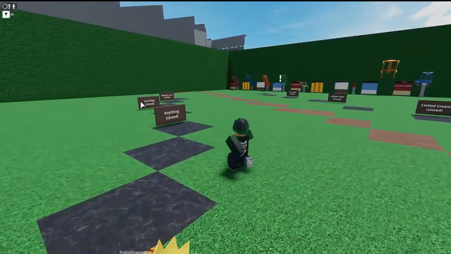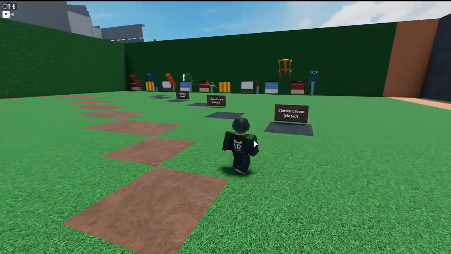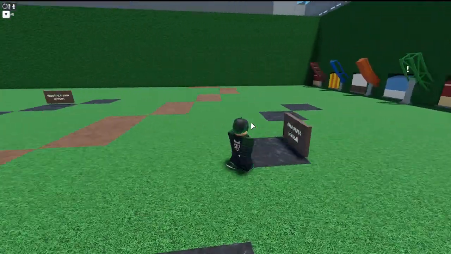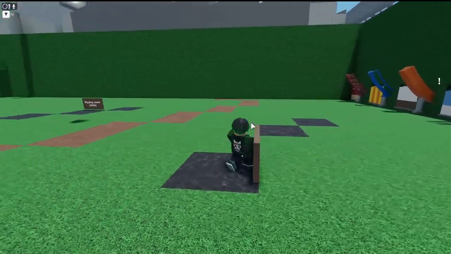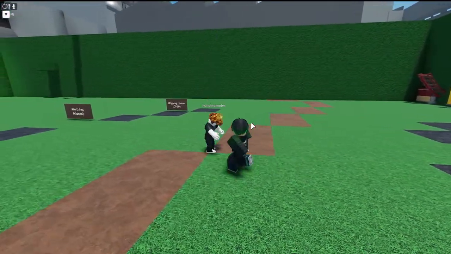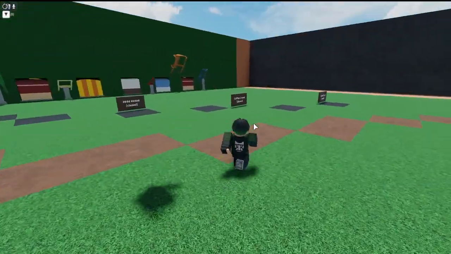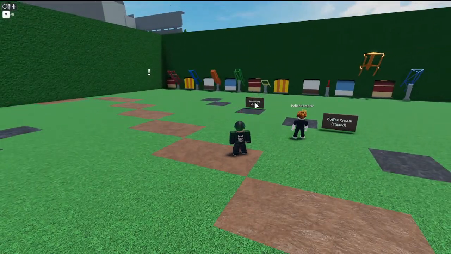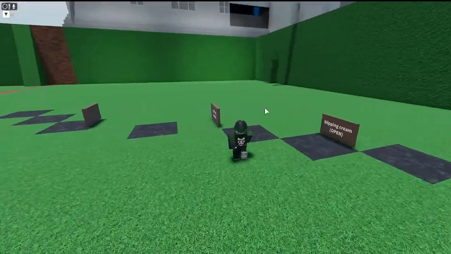So, two things on the left it doesn't show in the movie. And the rest got clotted cream, coffee cream, and then hair cream or something like that here, which is also closed. And then you got whipping cream on the left, which is open. I don't know why it says closed. Oh, yeah, it does say closed, but it does have hair cream. It's got whipping cream on the left.